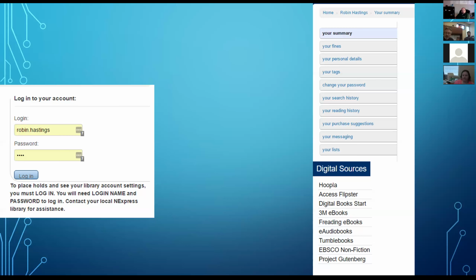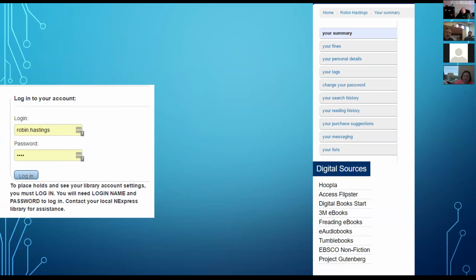So definitely keep track of the purchase suggestions for your library and make sure you're responding to those. I think last time I checked, which was within the last day or two, there were 188 suggestions that have not yet been responded to by library staff. So do keep track of that.